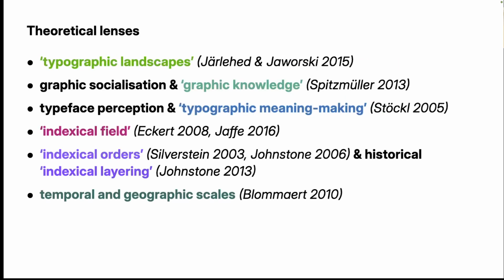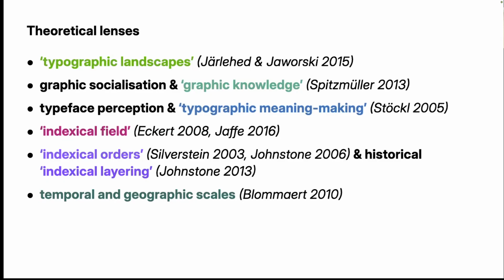How do I look at this? Of course, I positioned this as a typographic landscape research project, exploring the form of language and how it's socially meaningful. I'm interested in the impact of graphic socialization, the graphic knowledge people bring to the urban space, on typeface perception, typographic meaning making. I want to explore the indexical field of this specific type style that has multiple subgroups. And I want to see if I can, as I said,